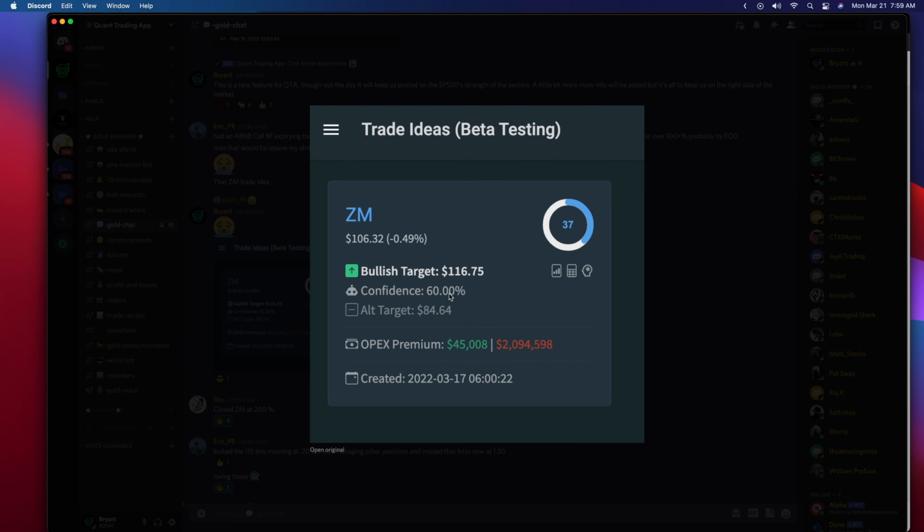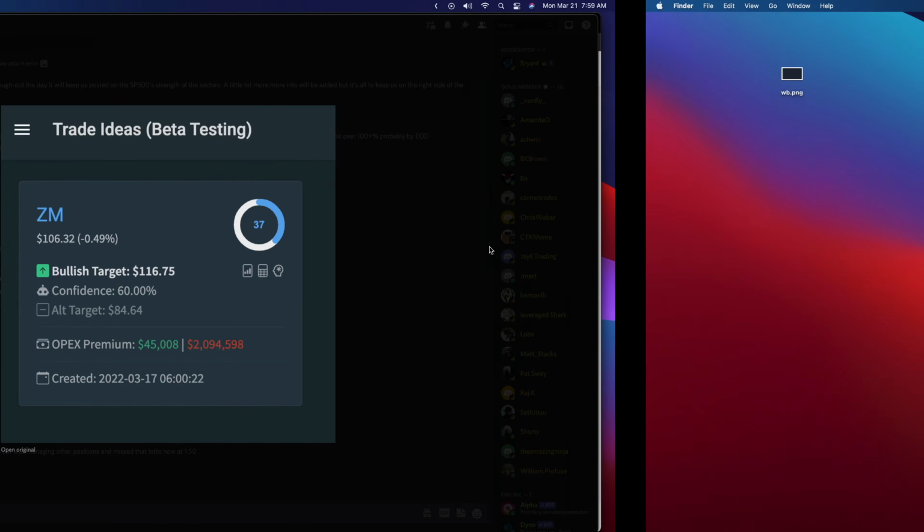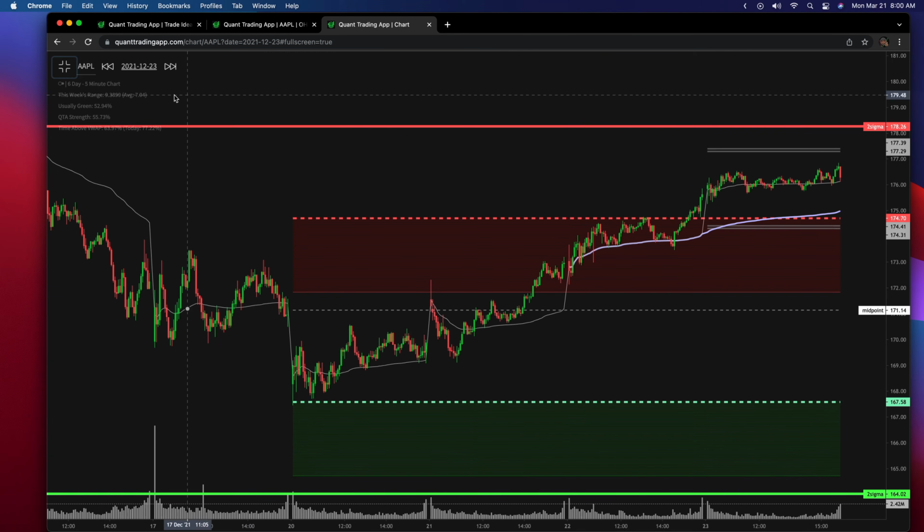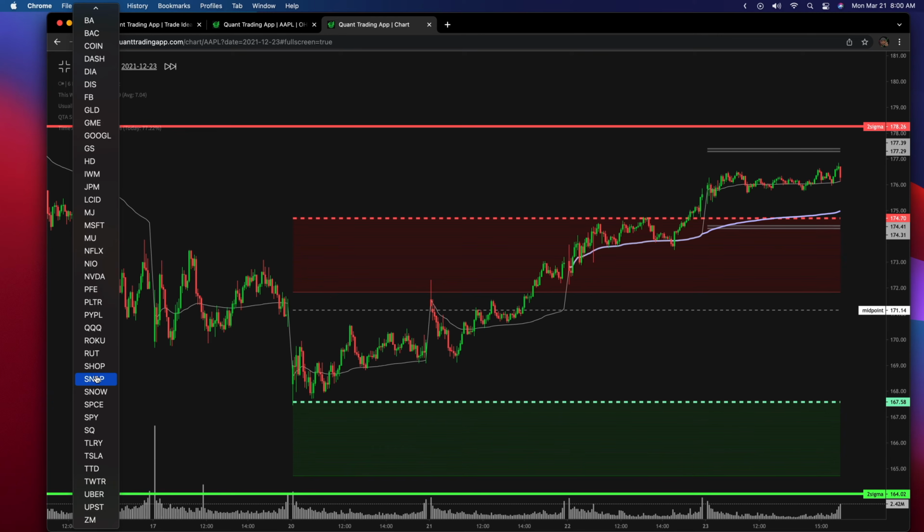It was 60% confident, and it only gave 1 trade idea for this Thursday. And it's making an estimation for a 0-day play, so from Thursday into Friday. And if it doesn't happen by Friday, usually we want to keep it on watch for the upcoming Monday, which would be today. But in this particular case, the Zoom 60% confidence it would hit 116. At this point, Zoom was trading at 106. So as we go and look at Zoom on a chart for this past week right here,